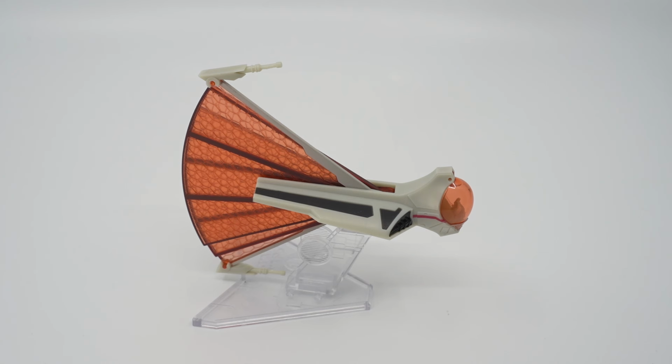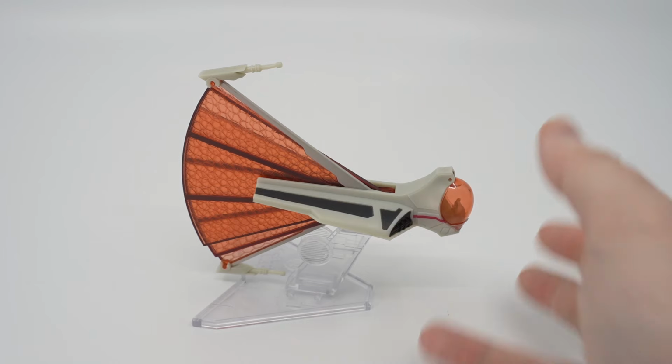I've got 10,000 other projects that I need to do, but I do want to, one, get some of you guys into customizing, repainting, and all that stuff, and two, get some of these off the shelves. Plus, I do have a little incentive. The incentive for the best build is going to be,